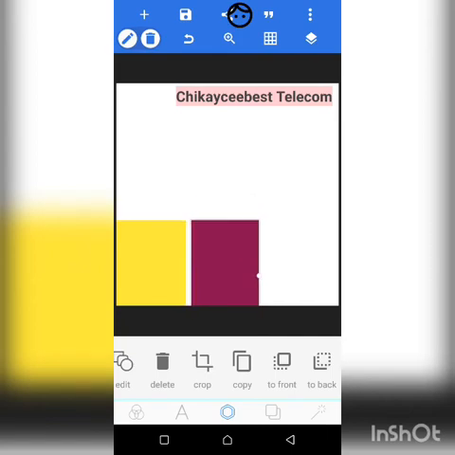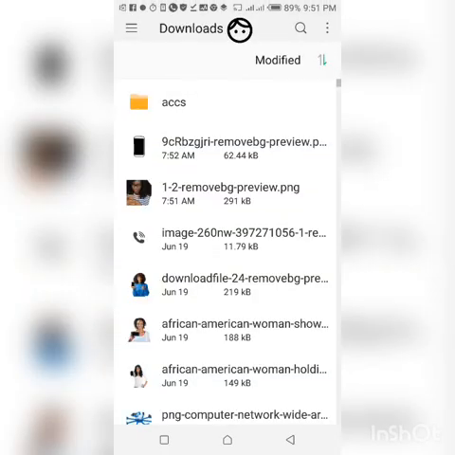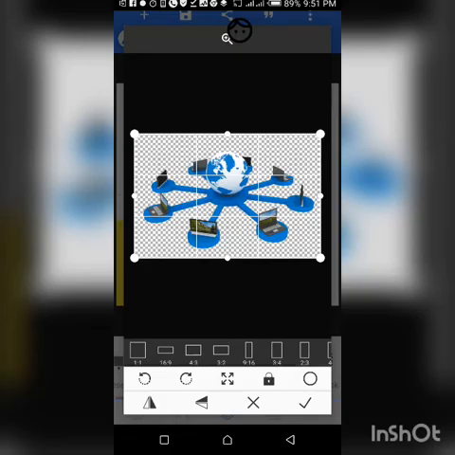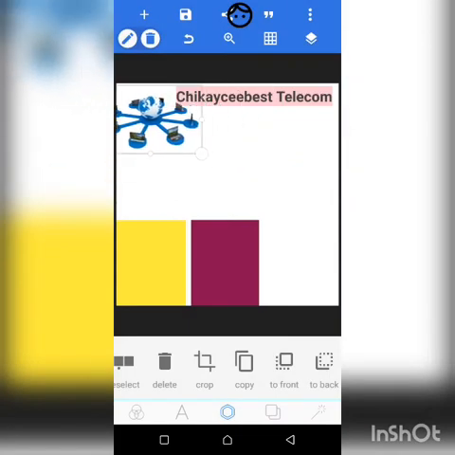And I could still go on and pick other shapes. I could also decide to get something from my gallery. For instance, I pick this representing a communication network. Representing a